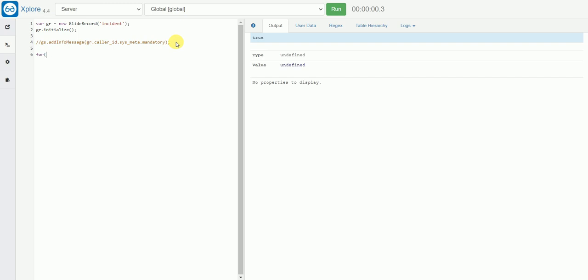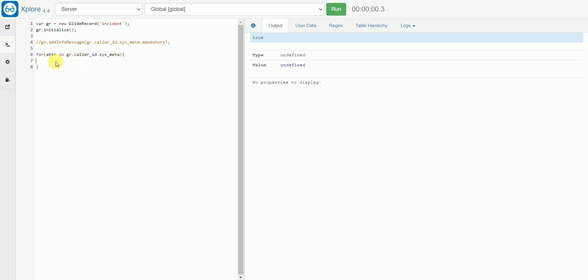So for, let's call it attr, in the gr object, let's try printing that. It should be in gr. We're checking for caller_id, right?